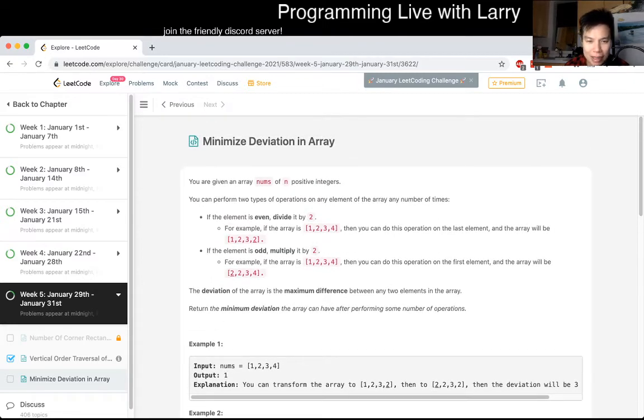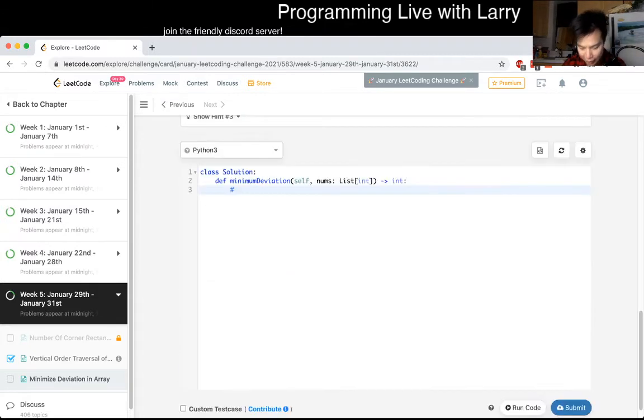And yeah, you take the max element, you divide it by 2, and then you take a snapshot of the deviation, which is the smallest number and the biggest number, and then you keep on doing that. And I think if you do that enough times, the answer would be one of those answers, because basically my idea is that if you have a series of numbers,